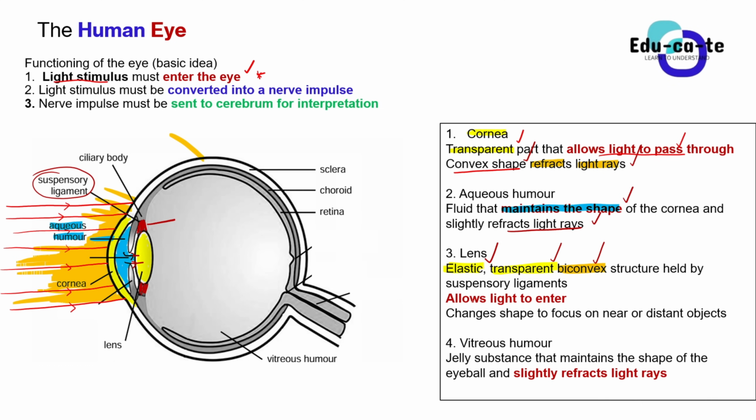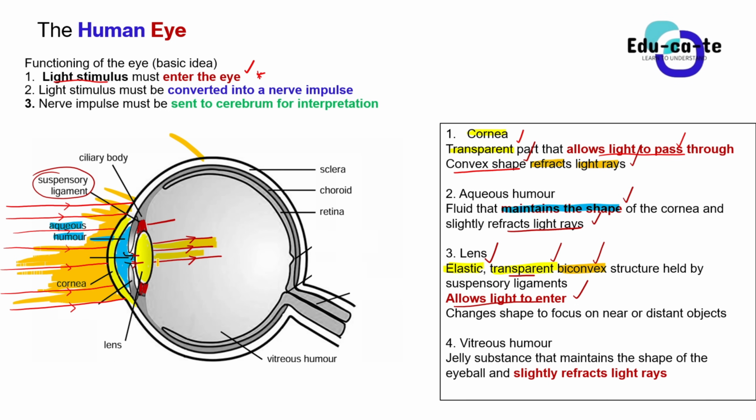So the lens allows light to enter. When they ask the adaptations of the lens, you have to say that the lens is transparent, therefore it allows light to enter. That's the order of writing the adaptations of the lens. You are explaining that the lens is transparent, which is why light is able to enter through it. Since it is transparent, when light enters on one side, it will be able to move into the eye. Because for you to see, the light rays must enter into the eye. So these are the light rays, and now they're inside the eye.